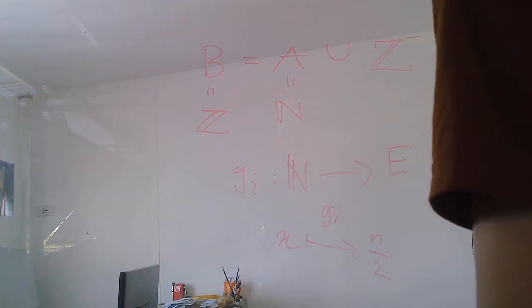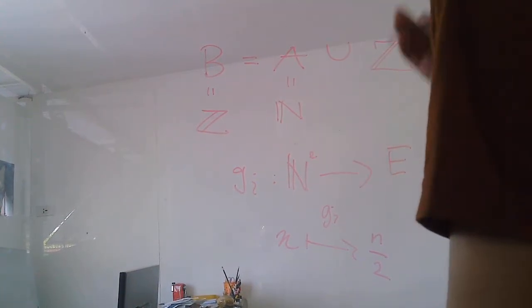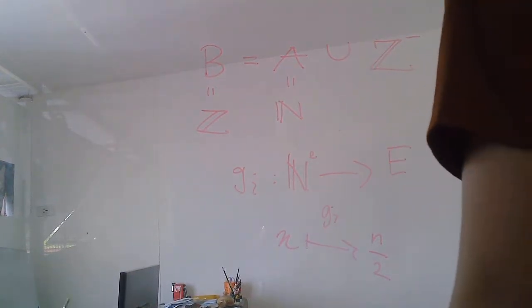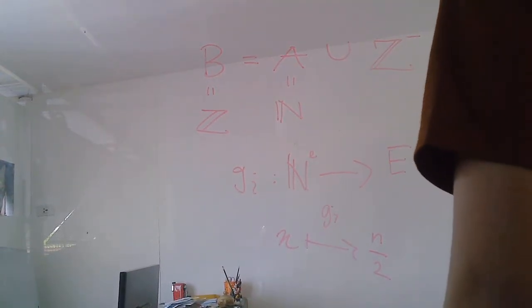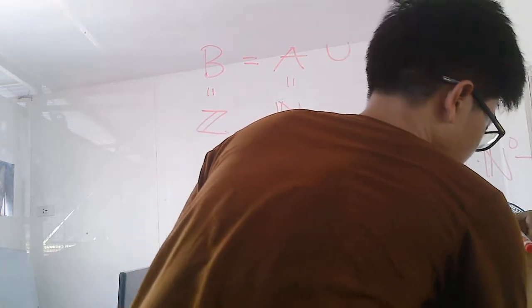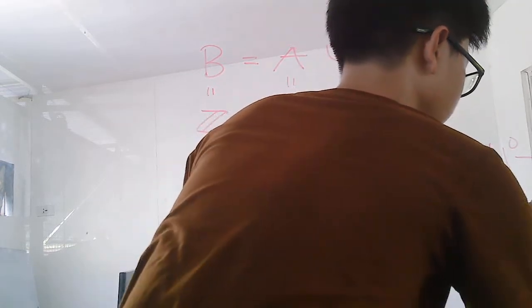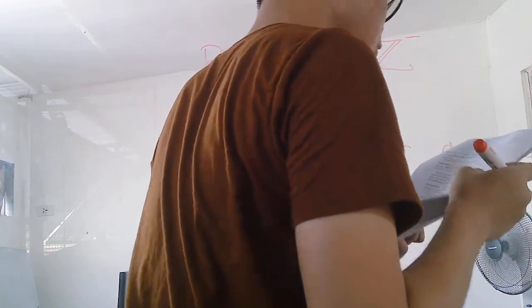And then for the odd numbers, n here are the even natural numbers, and now g sub i maps n O, which is the odd numbers, onto E by this morphism. So g sub i maps n onto 2n plus 1